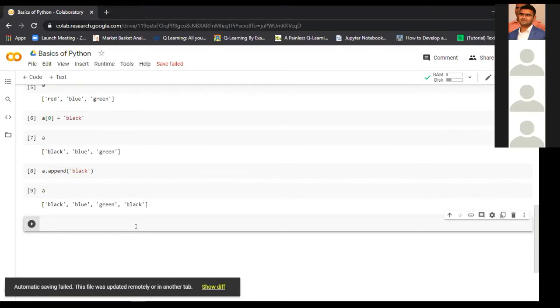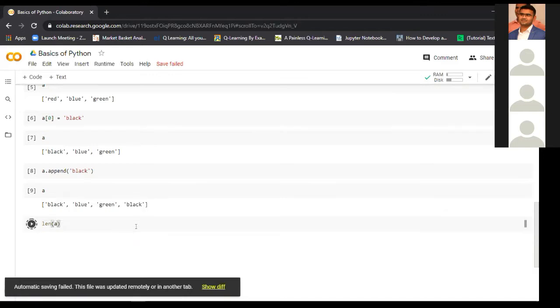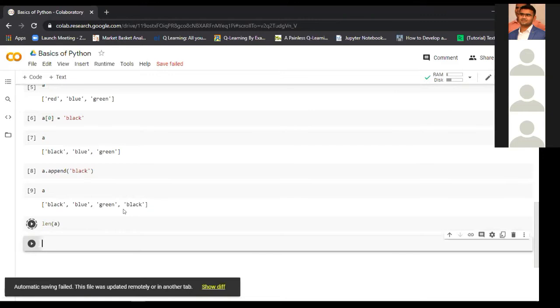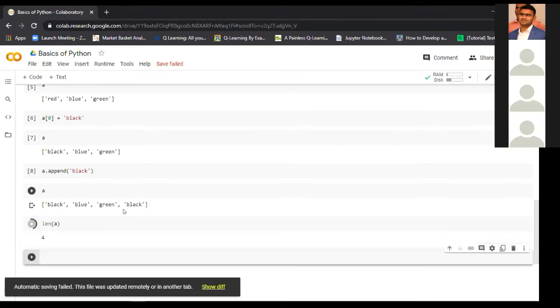Let's now see some of the built-in methods available for us to do some operations on the list. So that's the built-in function len. It can be used on any iterable. Iterable means which we can iterate over. So string is an iterable, list, tuple, all the collections are iterable. So len function gives us the number of items in a container. So now you can see that we have four items in our list. So it is giving us the four, which is the length of the list.